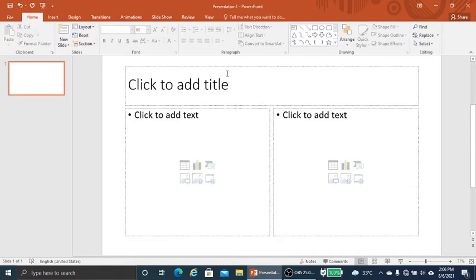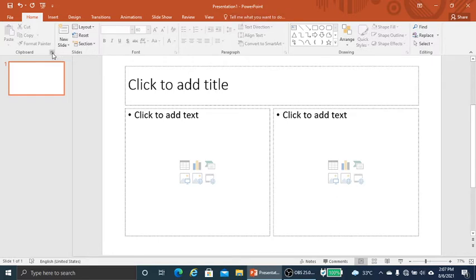See here, there are these layouts. So this is layout. Layout is the method of arranging things or objects on a slide. How do we arrange? And there are many types of slide layout.